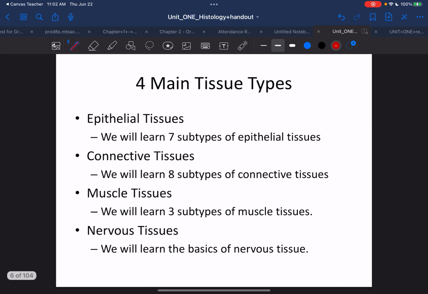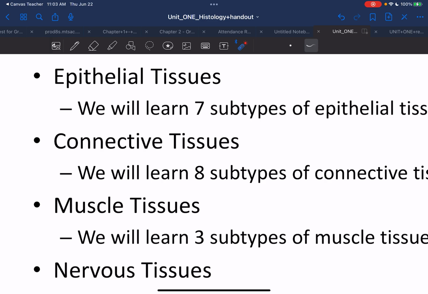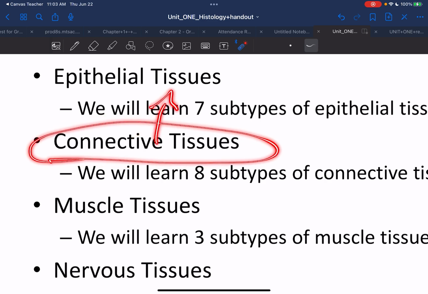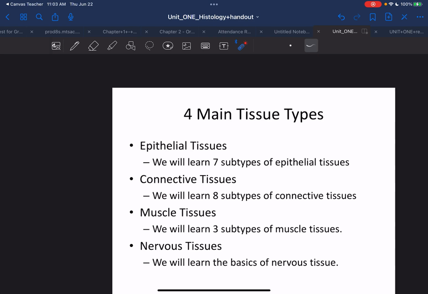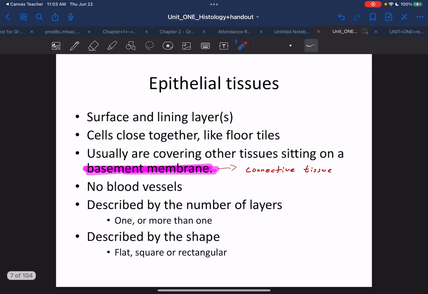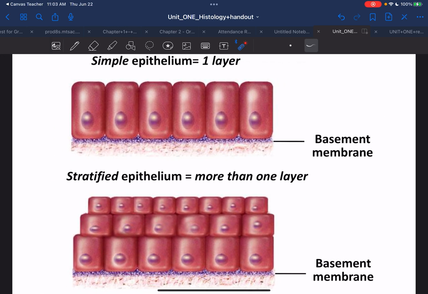And remember, connective tissue is another branch or another family, which is not today's topic, but otherwise connective tissue is going to be underneath epithelial tissue. And doesn't that make sense a little bit, right? If this is called connective, it connects things. So the epithelial tissue needs something underneath it to keep it connected and well maintained. And one thing I want you to also add to this page as well is that